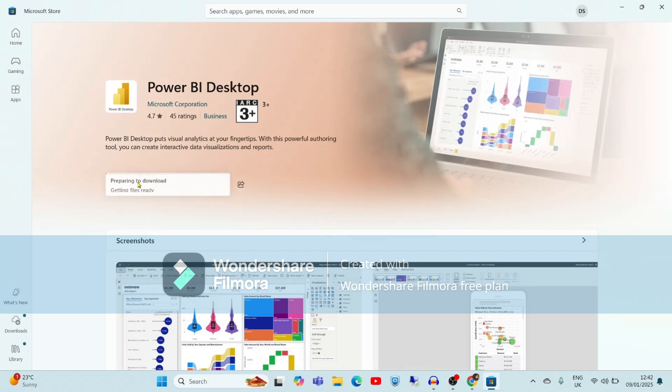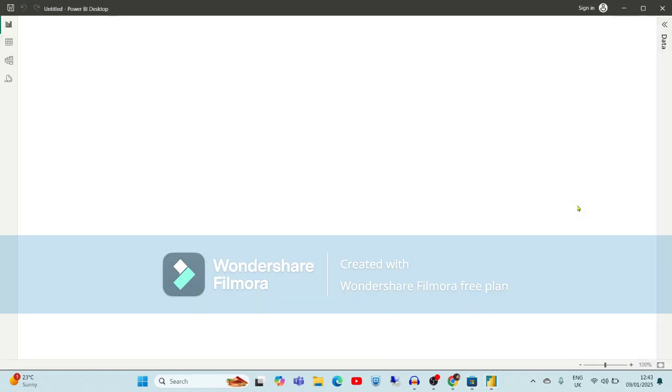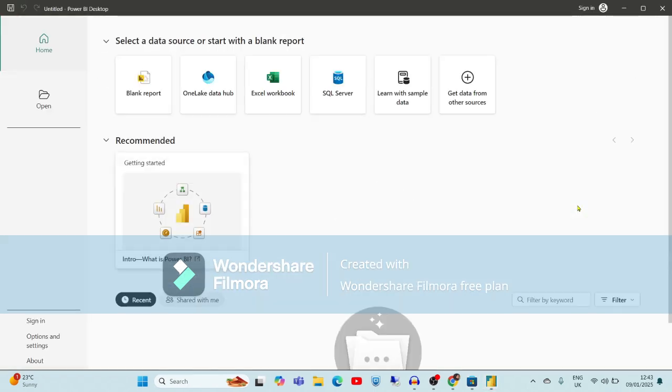For installation, it will take a little bit of time. Now friends, installation is completed here. So just click on this open button. Now it will open Power BI tool for desktop. So here,